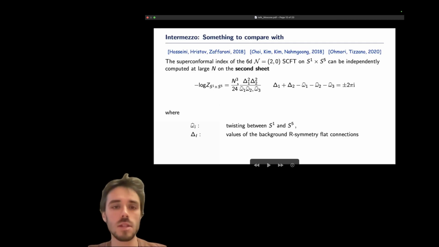It scales as n cubed, where n is the rank of the gauge group. And then it has the following expression in terms of the fugacities. These expressions,